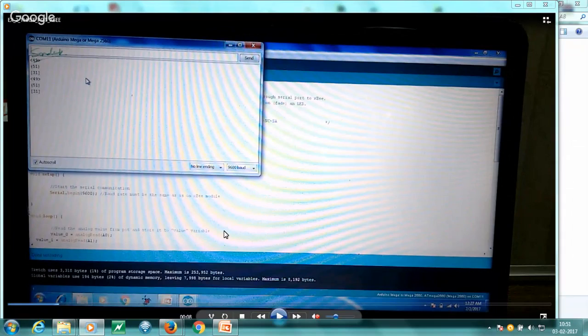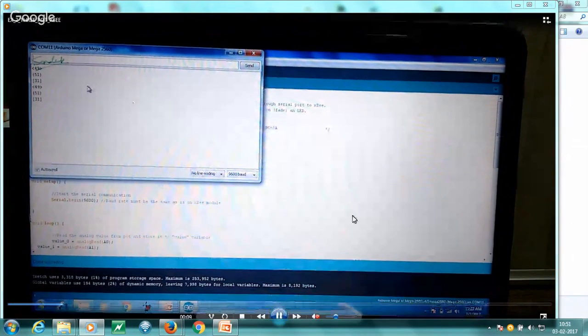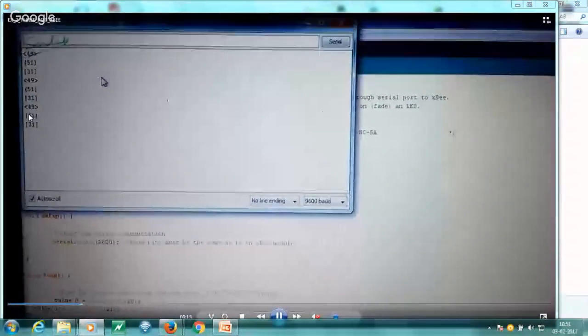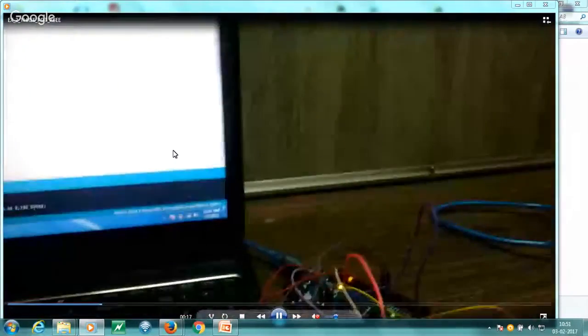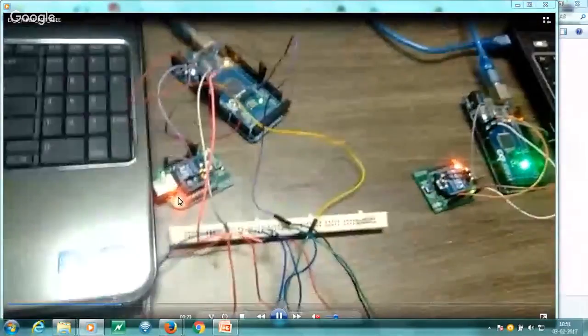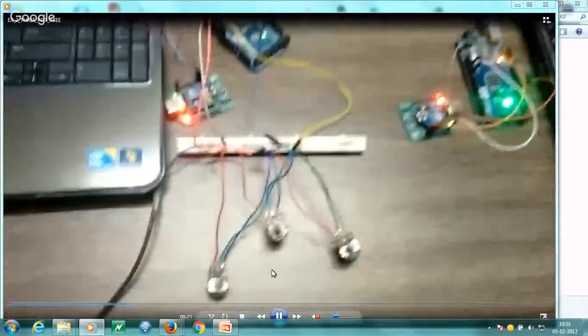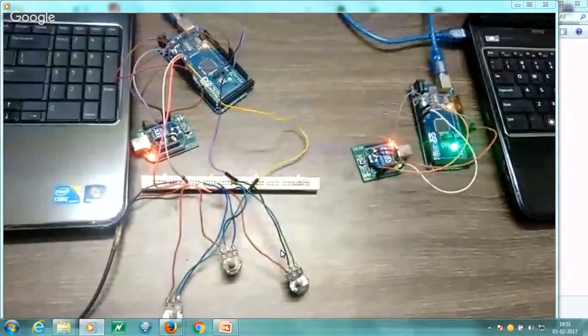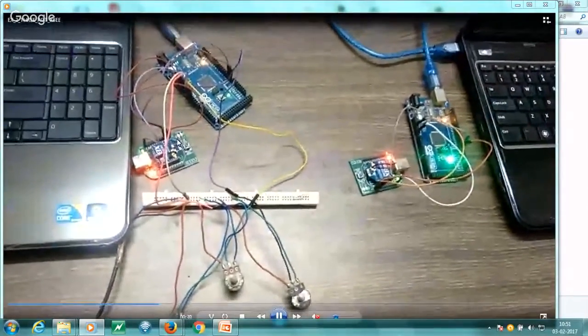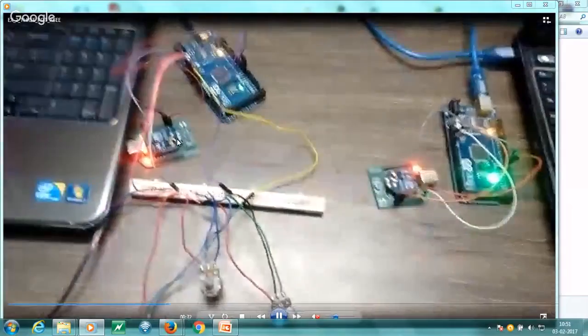At the receiving end, we will again do the same process. Now we see how we do it. You can see these are the values which are coming from your potentiometers 1, 2, and 3. There is an Arduino module. Here we have a Zigbee device, and we have connected 3 potentiometers to show how we can put 3 sensor values. You can see that there is an LED blinking, which shows that the value is transmitting through this